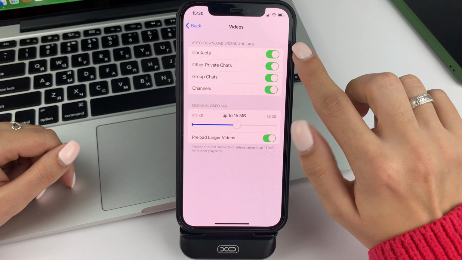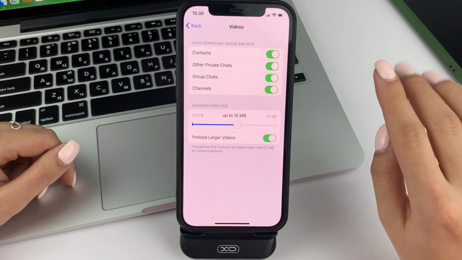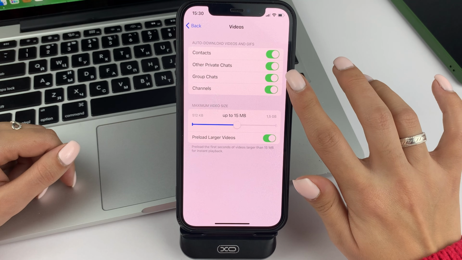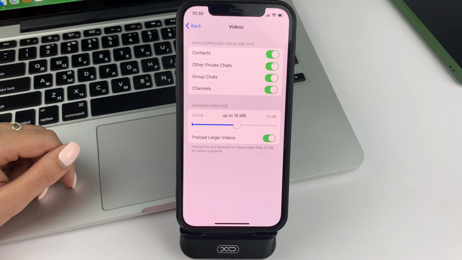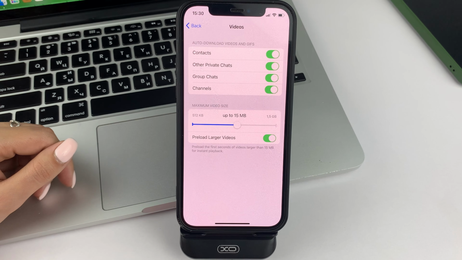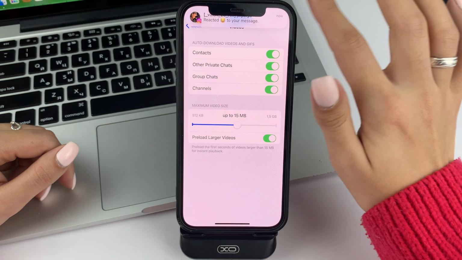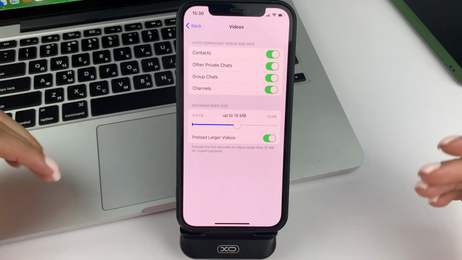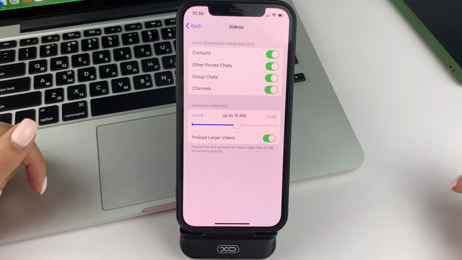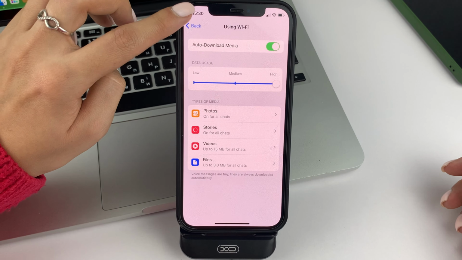For example, from certain contacts, or from certain group chats and channels, or private chats. And you customize where exactly you would like to receive those videos from and be able to download them and go back.